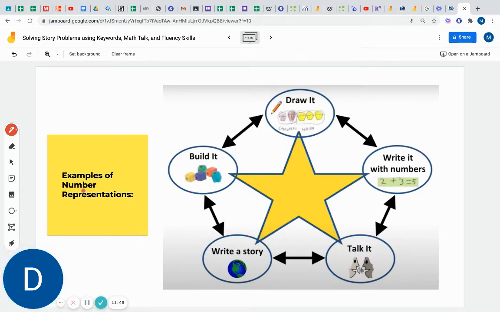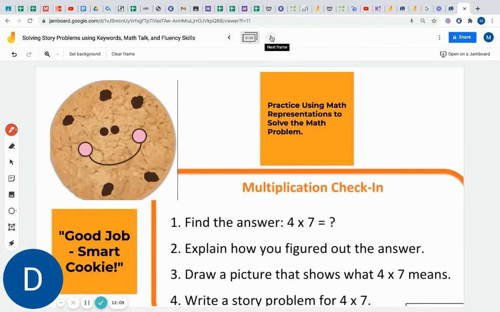These are different ways that you can draw your number representations or provide number representations. You can draw what you're thinking. You can write it like an equation or a number sentence. You can talk with someone about it, write a story problem about it, or use manipulatives in the classroom to show your thought process. So what I'd like you to do is take out some scratch paper or use your math journal,